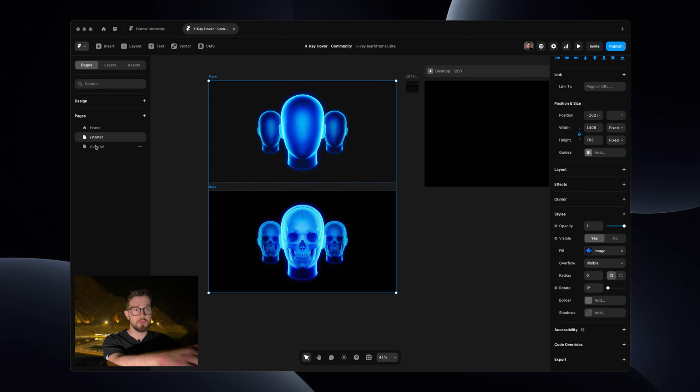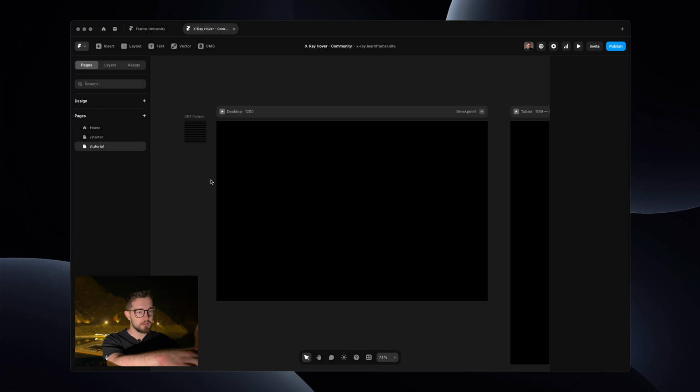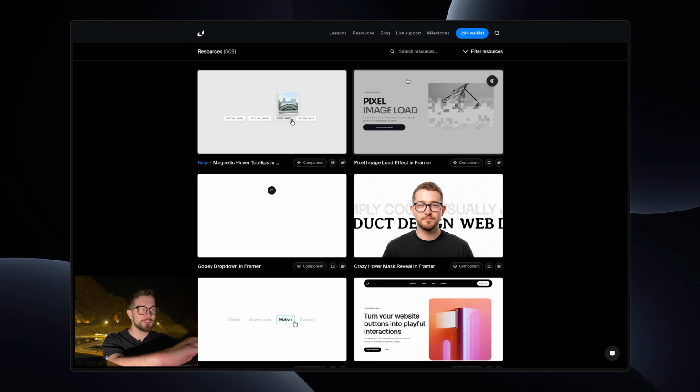So I'm going to go to the tutorial page because this is where I'm building. And so the first thing that we need is a component that allows us to add that fluid hover mask reveal effect to these two images. So let's do that. Obviously, Framer University will be utilized, and we're jumping onto the resources page here because there is a resource called Crazy Hover